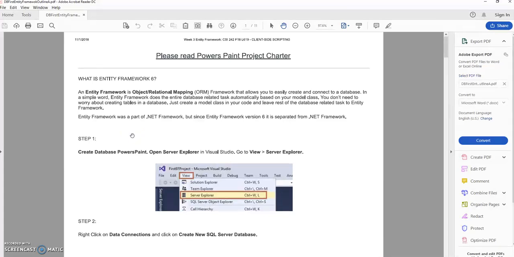This video presentation is in partial fulfillment of the computer science information course I'm taking at Renton Technical College, Computer Science Information 242 Client-Side Scripting. I'm going to briefly run through my midterm project and share with you some of the